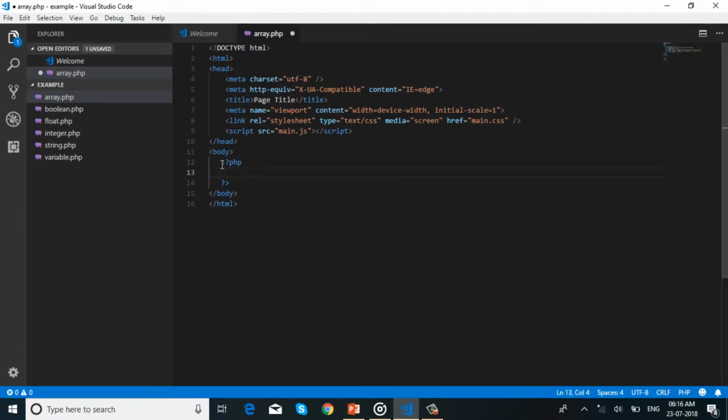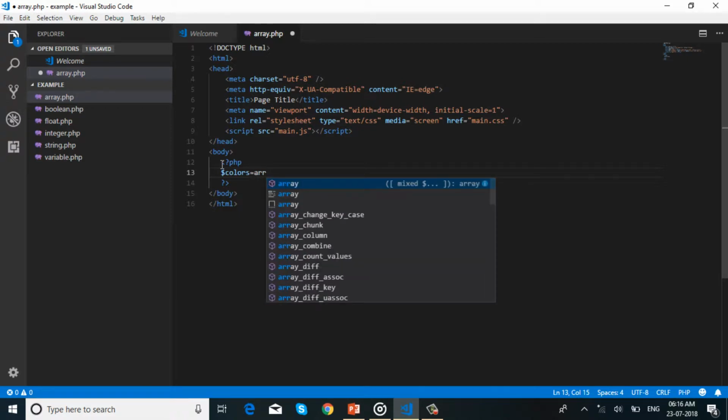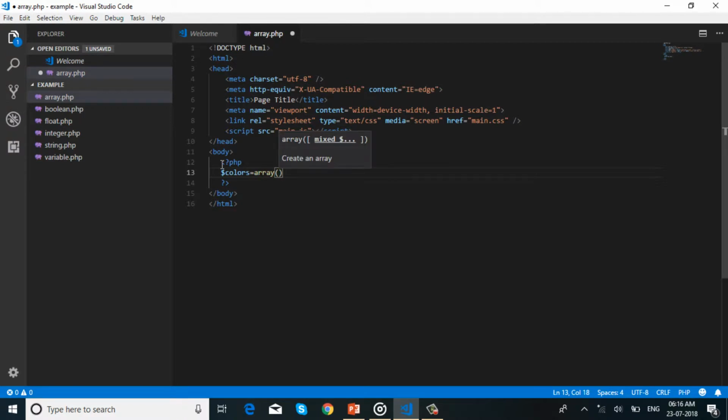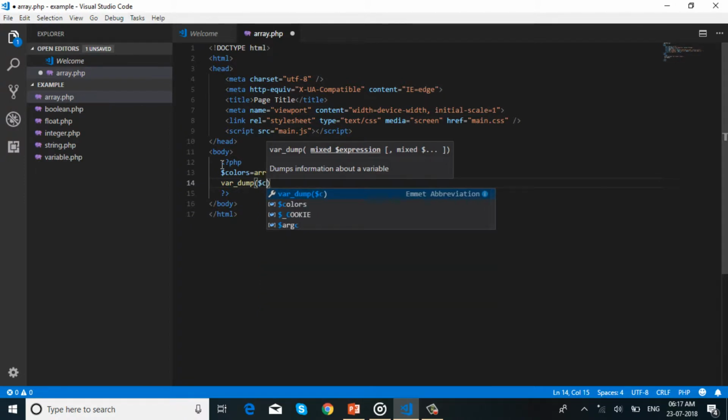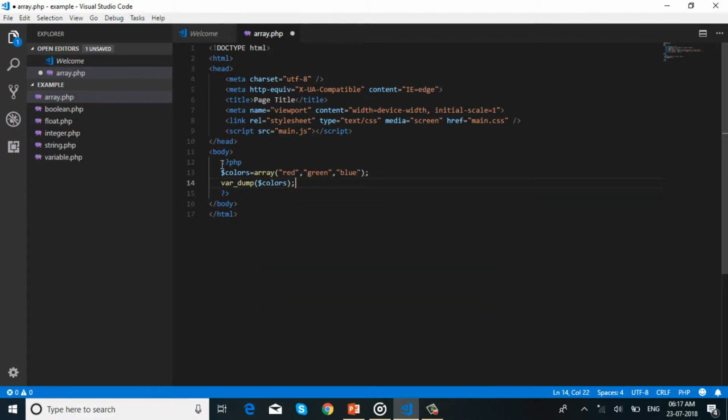First of all, to create one array variable in PHP, the array function is used to create an array. Save the code. Let's run the program.